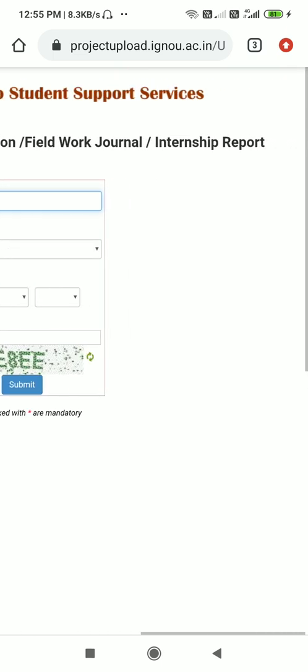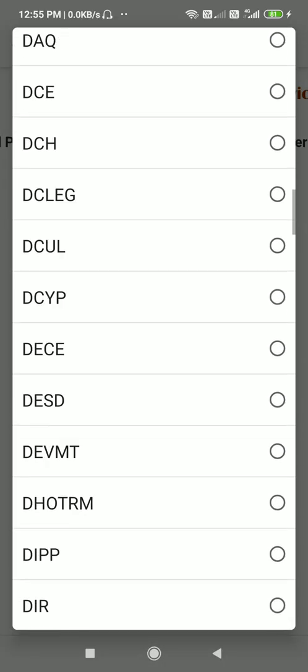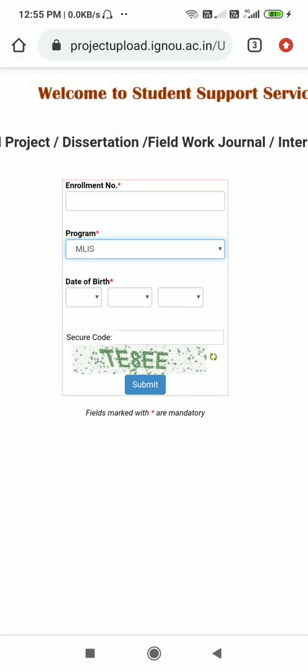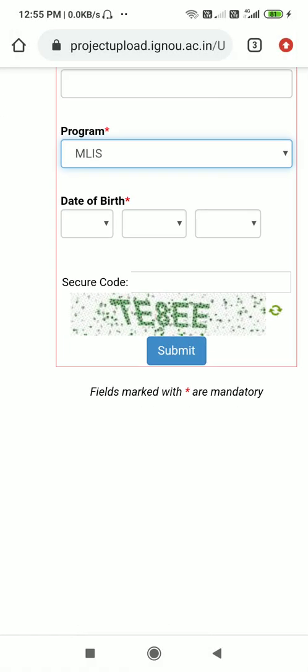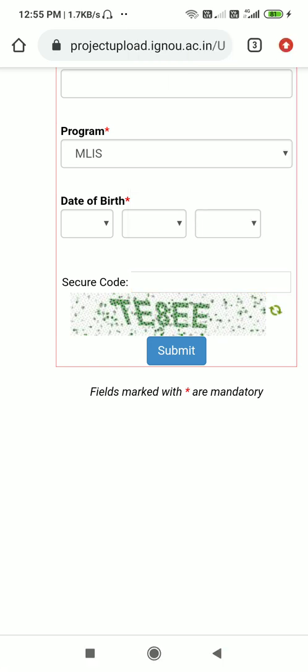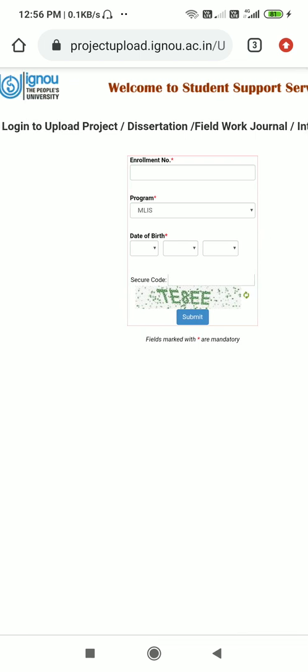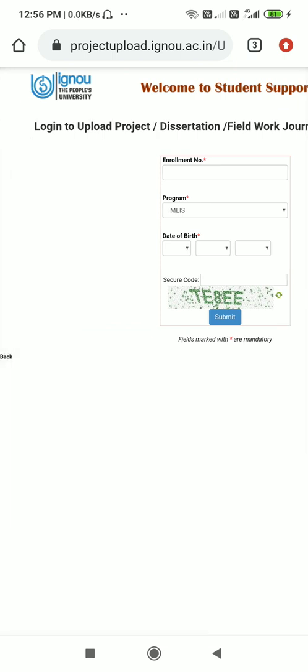Here you can mention your enrollment number, your program MLIS, as well as your date of birth, and below the date of birth, also mention the code that is given below, and submit. That will allow you to upload your project report in a single PDF form, and that will be all done. So this is all about your project report as well as your synopsis submission procedure.